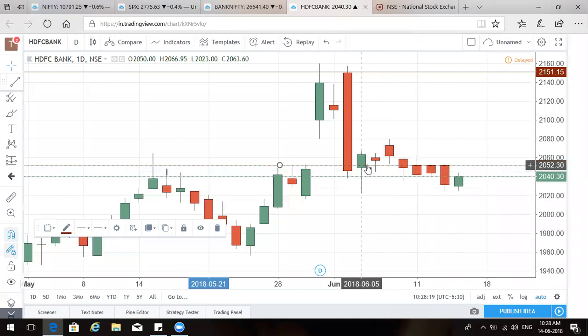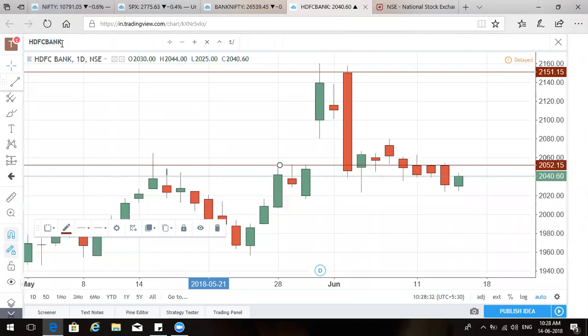Actually, if you see, HDFC has gone nowhere for last 1 week, and Bank Nifty has gone nowhere in last 1 week any which ways. So this is a good point of understanding of HDFC Bank, which basically clearly shows the trend of Bank Nifty. Then if you try to undergo